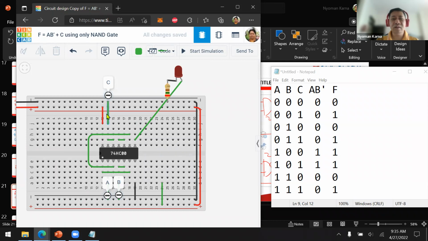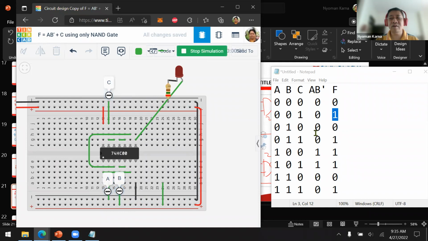Now 0, 0, 1, so C is 1. Start simulation on, and then 0, 1, 0. So B is 1, 0, 1, 0. Start simulation off. Still correct.